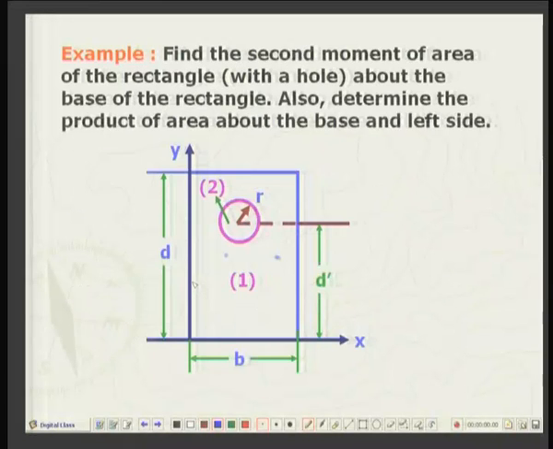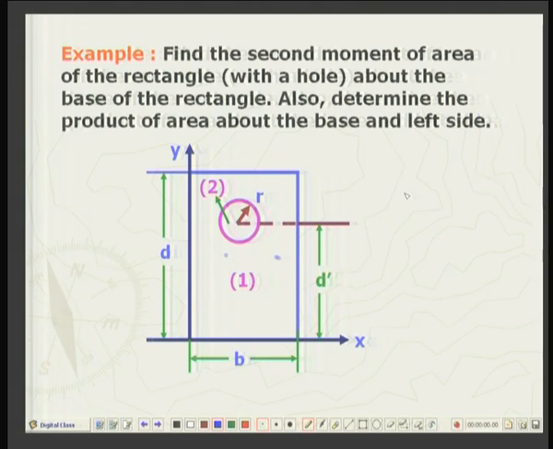And since it is passing through the centroid of the circle, namely the center itself, I can use the parallel axis theorem, and the height of this will be d dash, which will be equal to